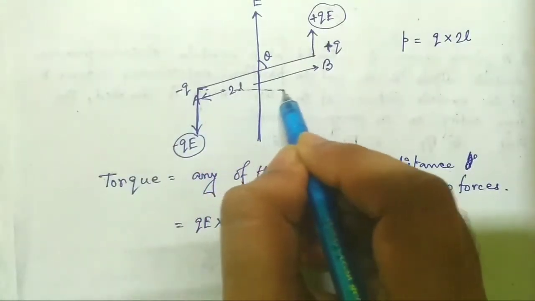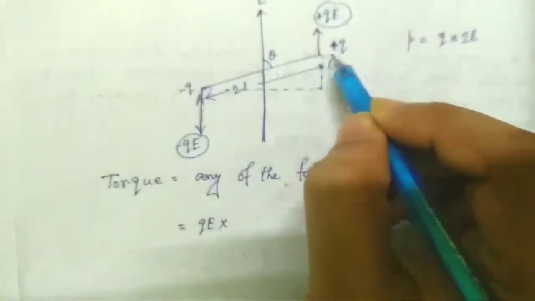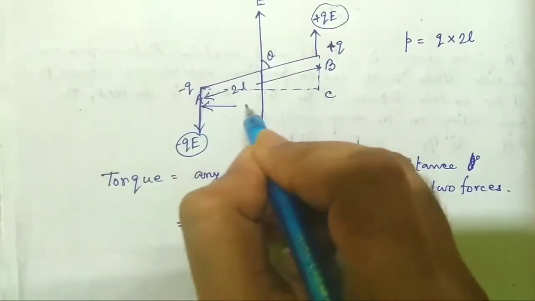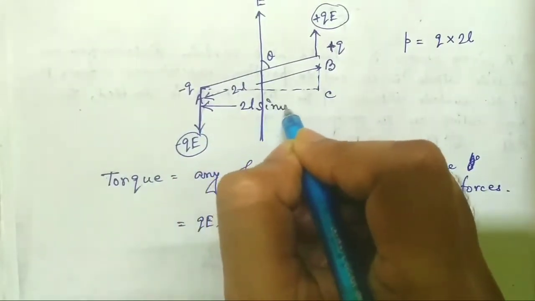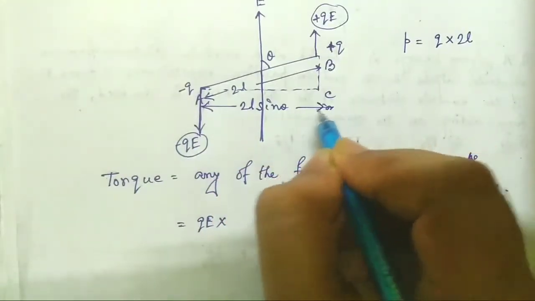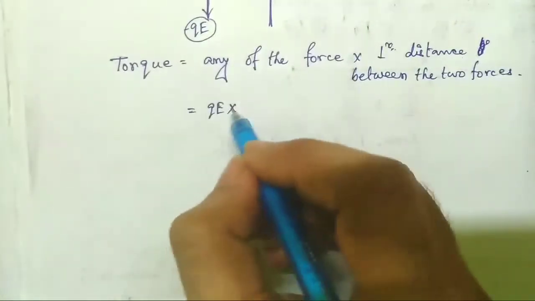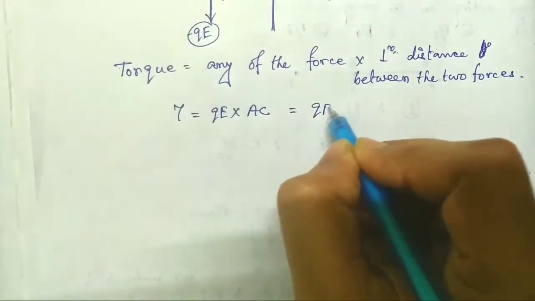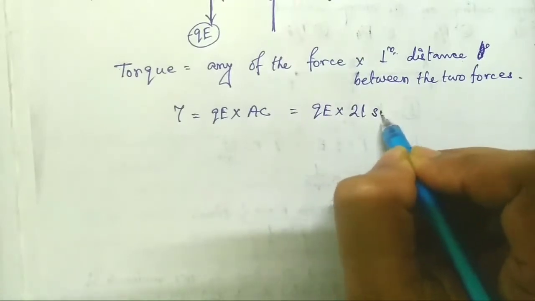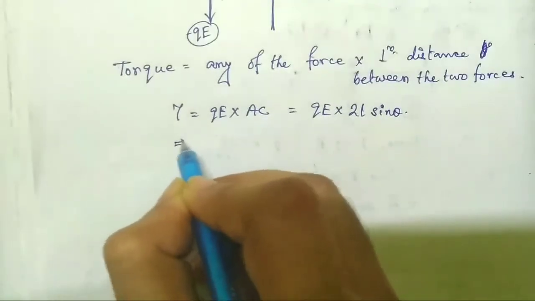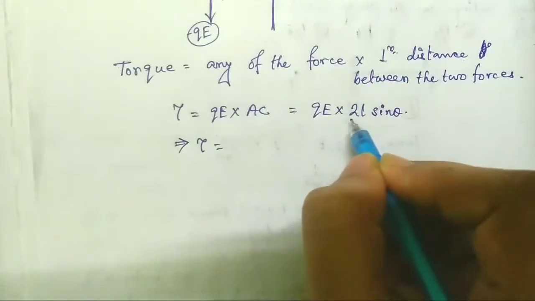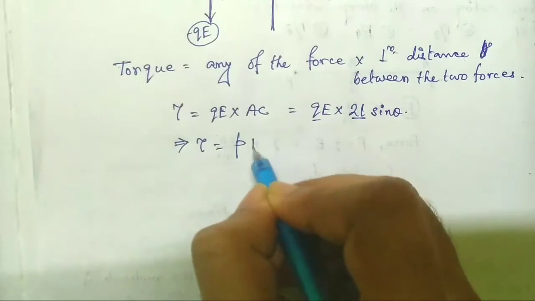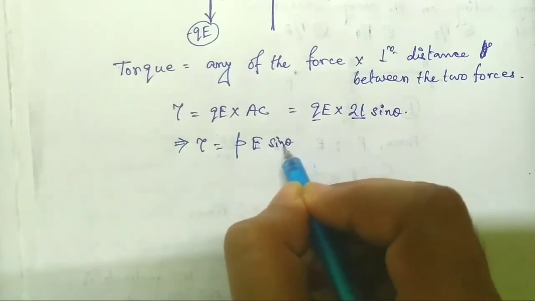Okay, so the perpendicular distance will be, this is AB, suppose this point is C, so the perpendicular distance between them will be this distance twice L sin theta. That means torque tau equal to QE into AC, that is QE into twice L sin theta, or tau will be equal to twice L into Q is PE sin theta,